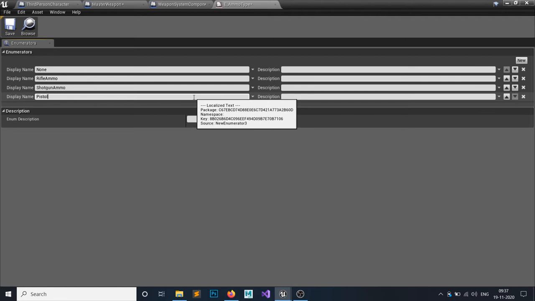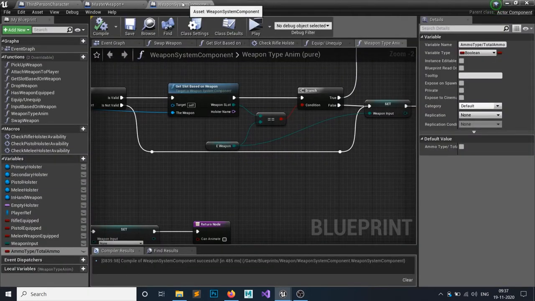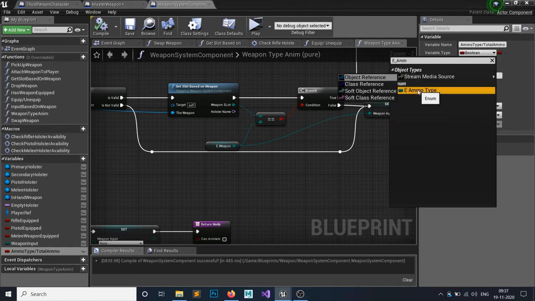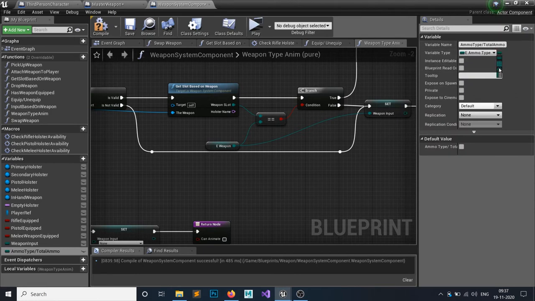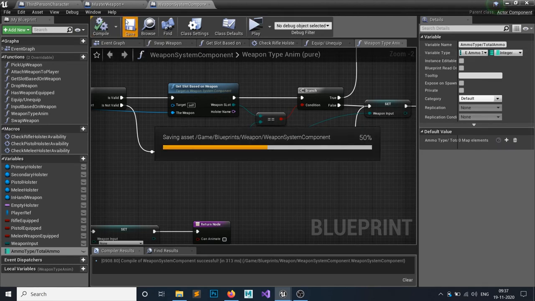Pistol ammo. Save. Let's close this guy. So in the weapon system component we have added the ammo type / maximum ammo. The type should be E_ammo type, and this would be a map, ammo type integer and the E_ammo type. Hit compile, save.